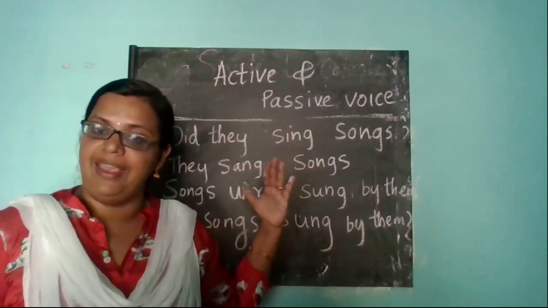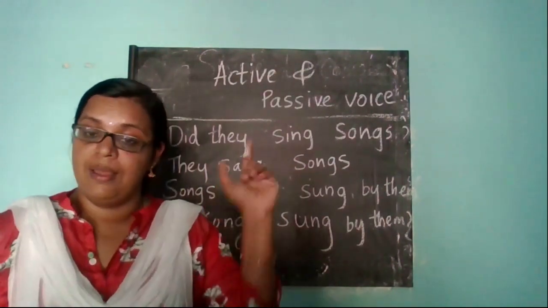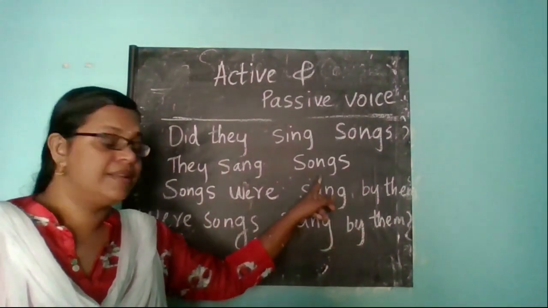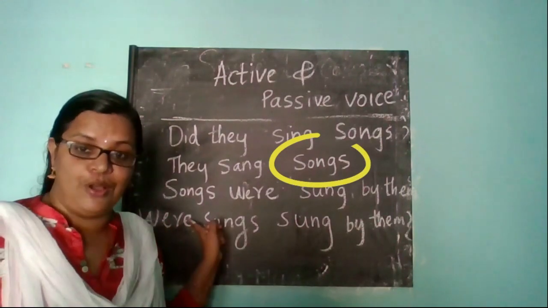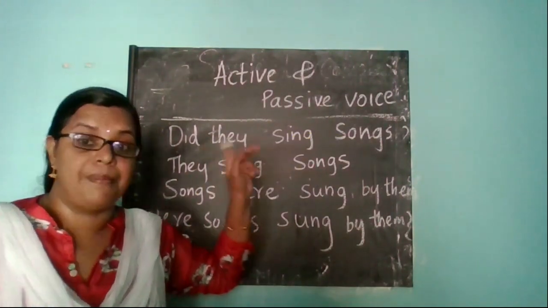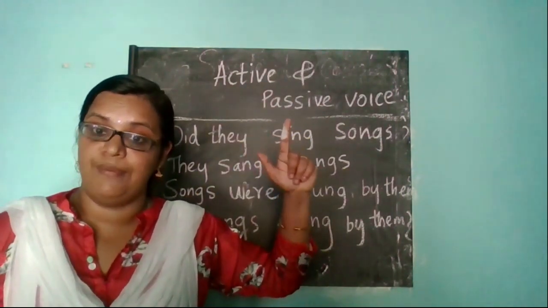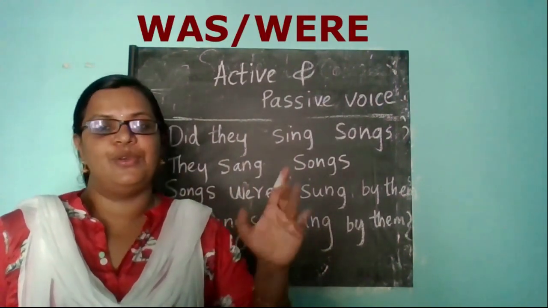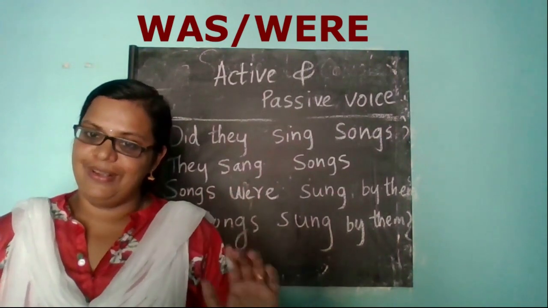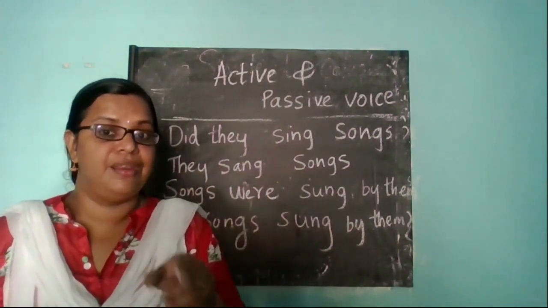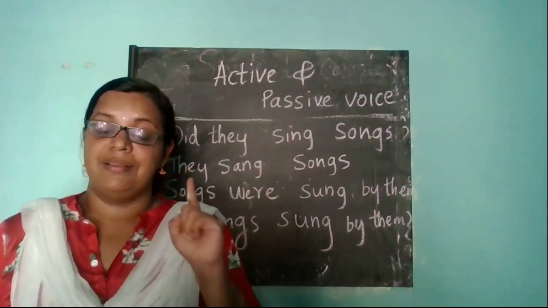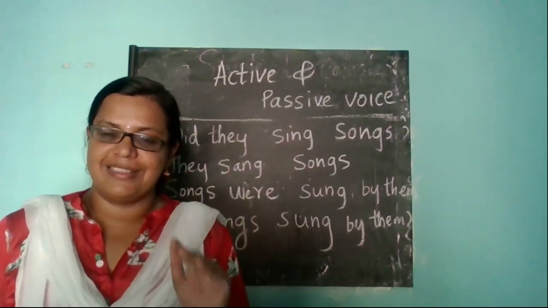Here, then we can change that sentence into passive form. Pick out the object. This is the object. Songs. Then we get out the tense, past. For past tense, we will use was or were. Songs, plural. So you can use were. Songs were. Then V3 form. Sing, sang, sung. Songs were sung by